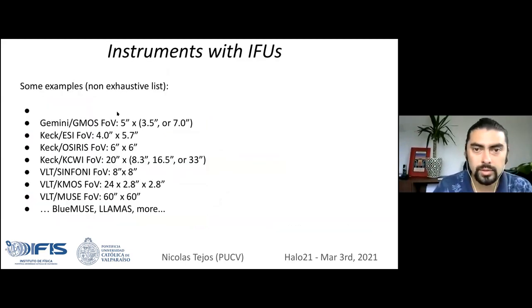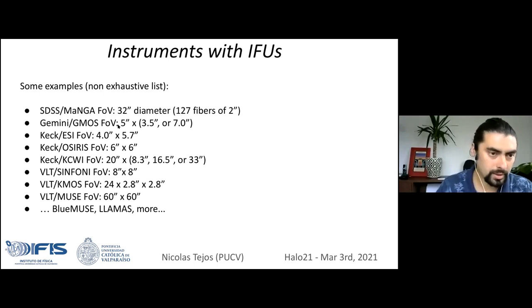Some examples of instruments that have IFUs. Here's a non-exhaustive list. I just added the first one that came to my mind when I was doing this slide. I wanted to emphasize that several spectrographs have IFUs, even though they might not be so commonly used by our community in particular. So GMOS has a small IFU of 5 arc seconds times 7, or 3.5 arc seconds. The others might be designed as an IFU